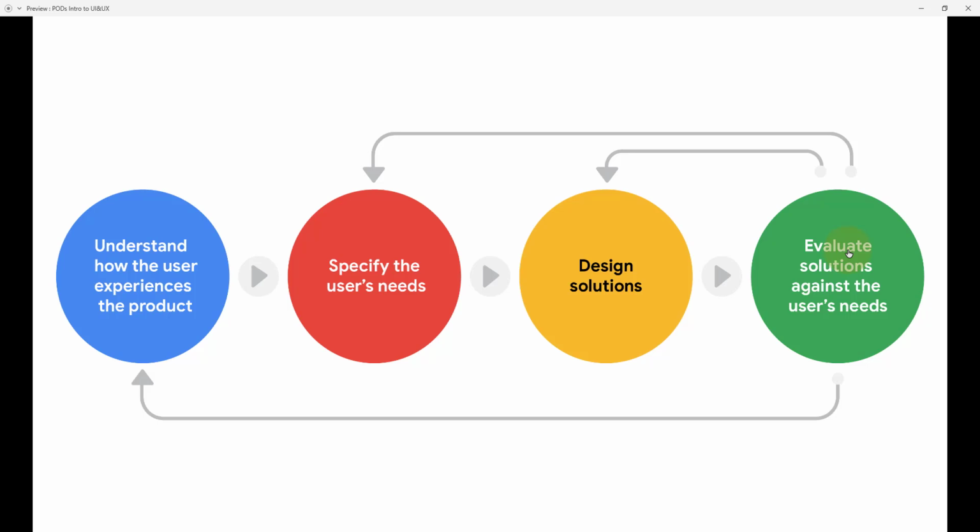Which is one thing we try to avoid in user experience design. We don't want to solve a problem that we just think the users have. We want to solve a problem that the users actually have, that they are struggling with, their actual pain point. You understand? On this stage, you might even have to go back to the first stage of understanding what the user's problems are in the first place. Like I said, it is a reiterative process. A process where you go like a rinse and repeat. You get to go over it until you finally come out of the other end having a product that is